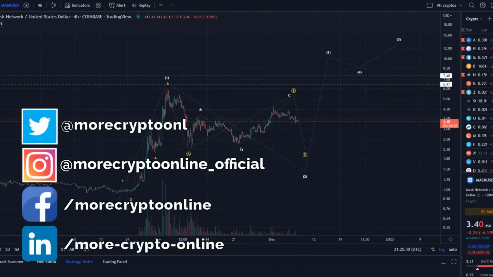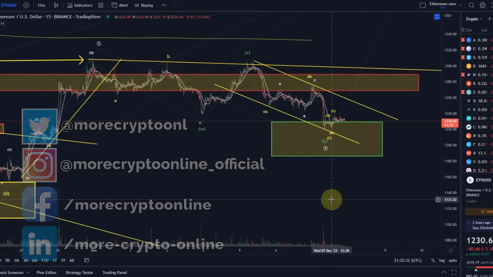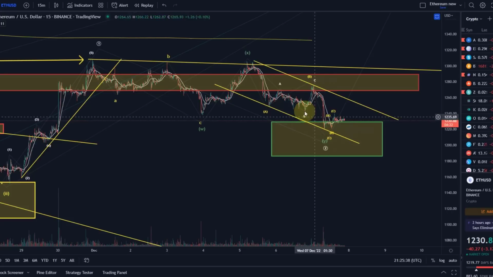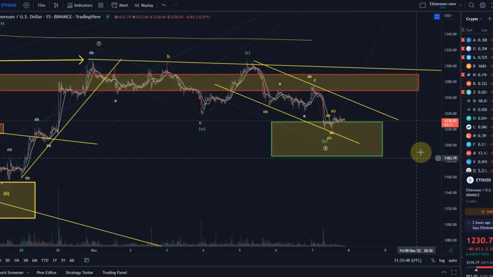Actually, just noticing I'm on the wrong chart, so there you go. This is the Ethereum chart. So we take a look at the Ethereum chart. At least we see a little bit of movement here in the last couple of days. It was a really boring weekend, and all of this sideways movement here was really painful. At least we finally see some movement, and we are still stuck in this descending channel that suggests further continuation